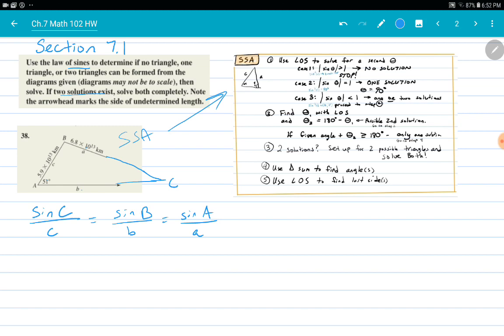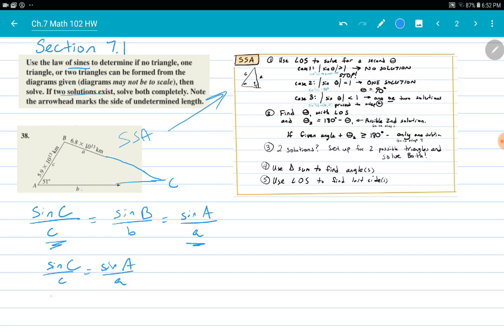I can't find angle B because I don't have side B. If I try to use that ratio, I'll have two variables. So I'm going to try to find angle C. I already have A, so I'll use the A's to give me the C. So I'm going to rewrite this as sine of C is to C as sine of A is to A,